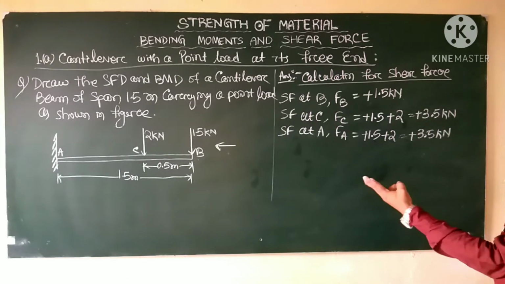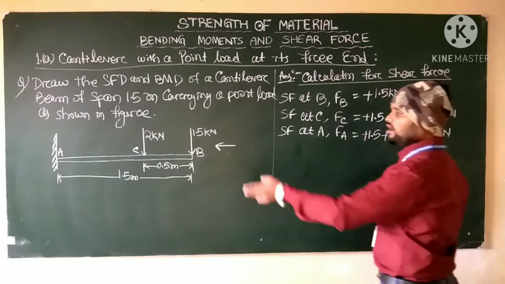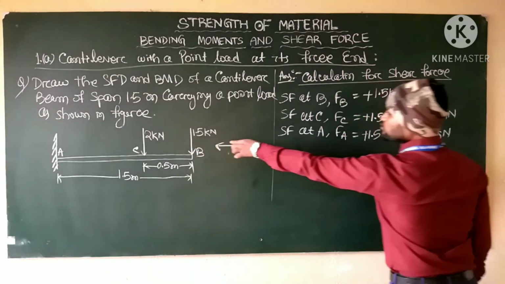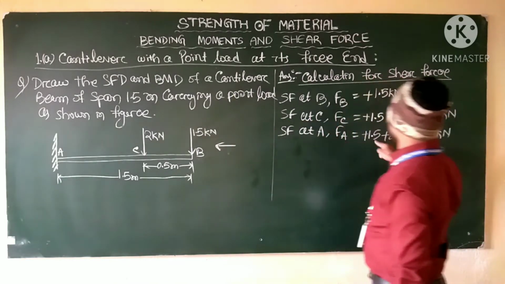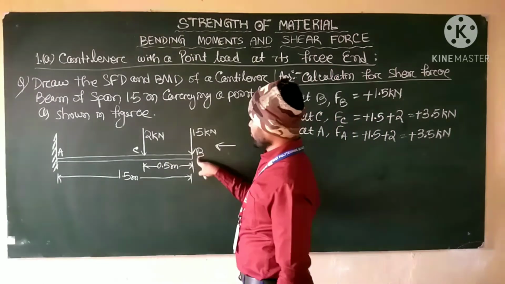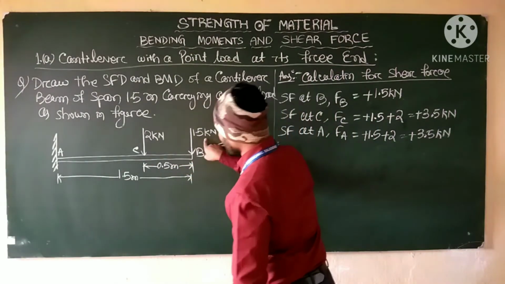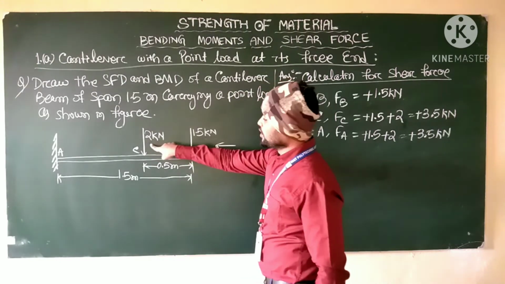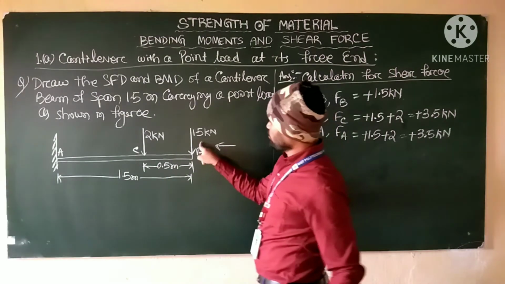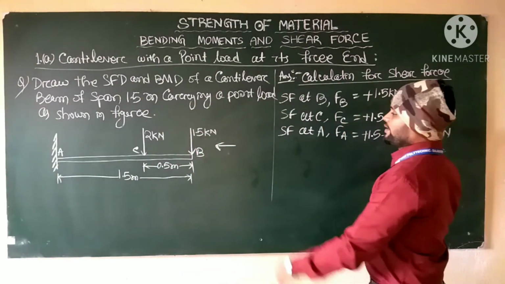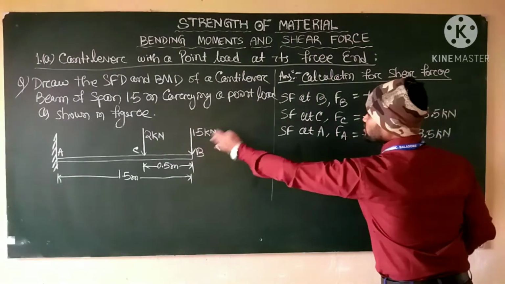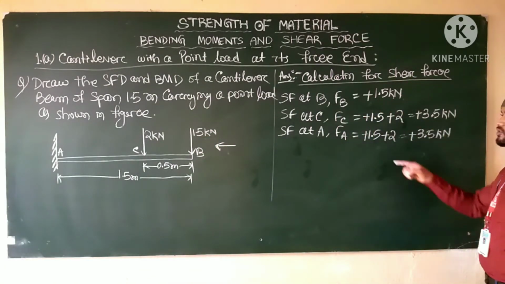So there will be 3 points, and we will calculate the shear force at the 3 points. At point B, there is a point load of 1.5 kilonewton, which is right hand side downward, so plus 1.5. Then at point C, after overcoming B, we reach C, so plus 1.5 plus 2. Why plus 2? Because the right hand side of the beam slides downward. So 1.5 plus 2 means 3.5. At point A, there is no point load, so these 2 point loads are added. This is the shear force calculation.